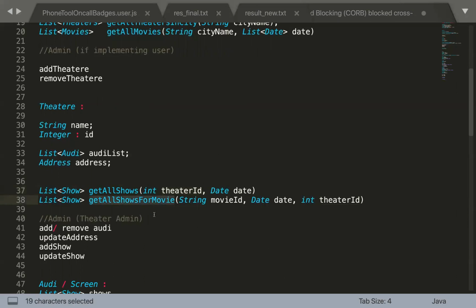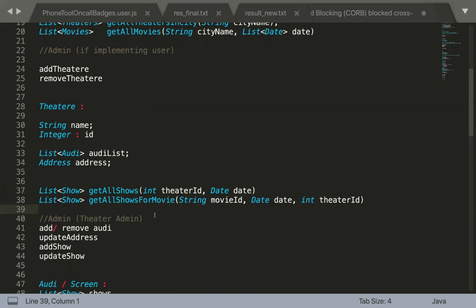In the same way, get all shows for a movie, right? In this particular case, it will give you all the shows for that particular movie. So whenever you have selected some particular movie and you want to see all the shows for that movie, it will list them. PVR Garuda Mall has 3 o'clock and 6 o'clock, and let's suppose Inox or some other theater has 5 o'clock and 8 o'clock too, right?